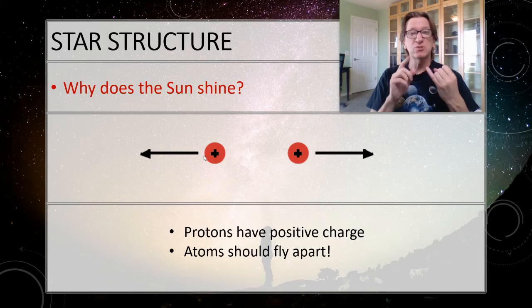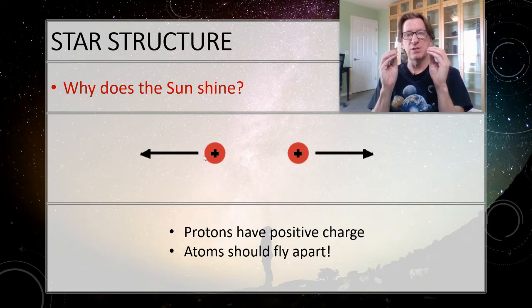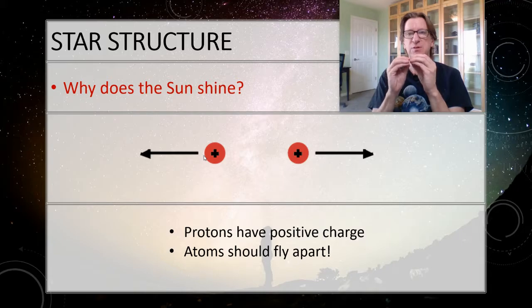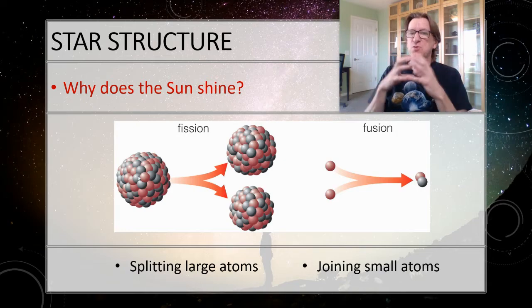Now, the strong force is stronger than the electromagnetic force. It's stronger than gravity. It's stronger than everything else. But the problem is that it's very short range. Only when these protons are very close together can the strong force take over and hold them together. So if I've got a big fat atom like this one that you see here, the red ones are protons, the black ones are neutrons. They have no charge whatsoever. So these are all positive charges. They should all fly apart, but the strong force that the neutrons and the protons are adding keeps everything together.